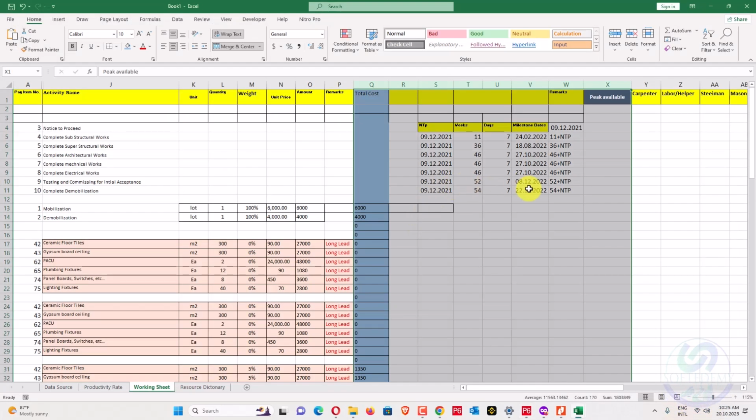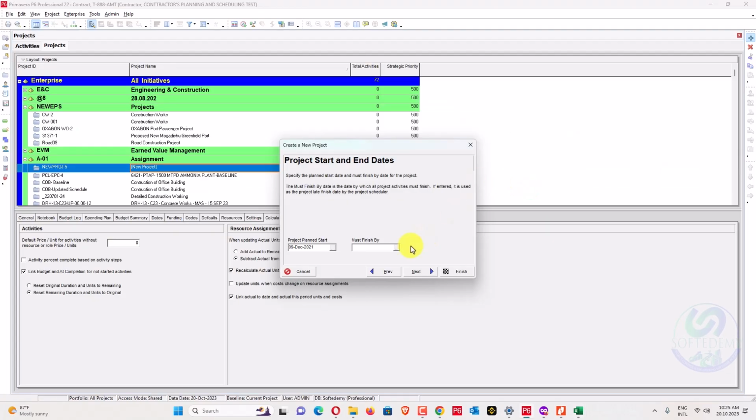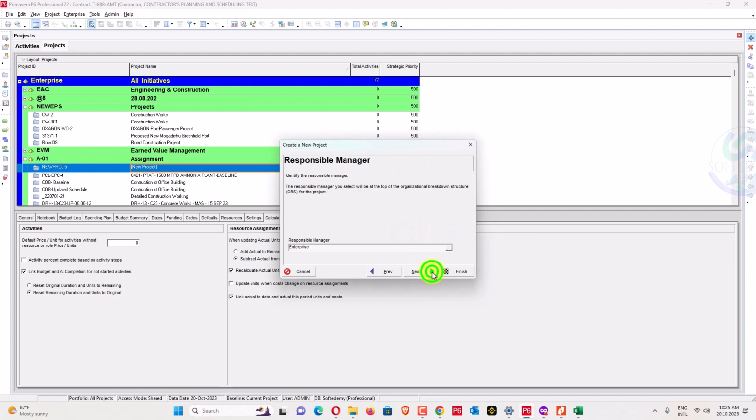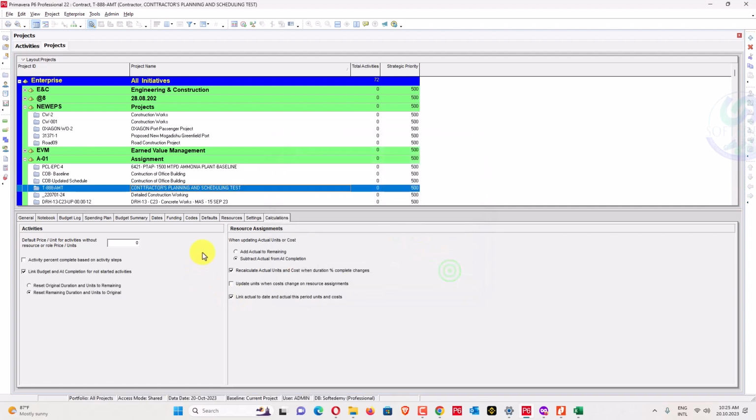Must finish by should be 22 of December 2022. And select next, finish this one.